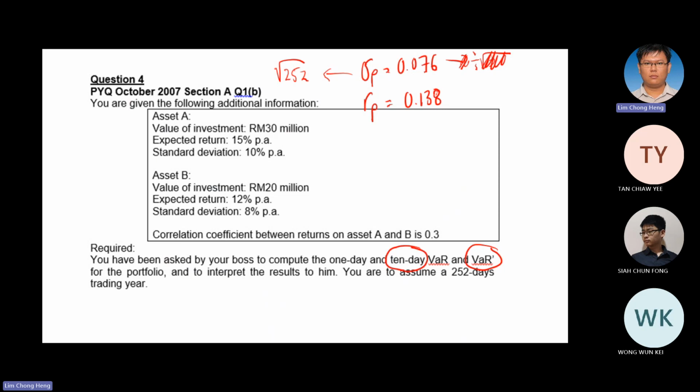I referred to the lead lecturer. The lead lecturer said, for the training day, I'm the boss. So you all cannot simply change the question. Even if you think the question is not logical, the number is not logical, but remember for the training day, I'm the boss. And then for the return, you divide by 252, and then you get the day's return.